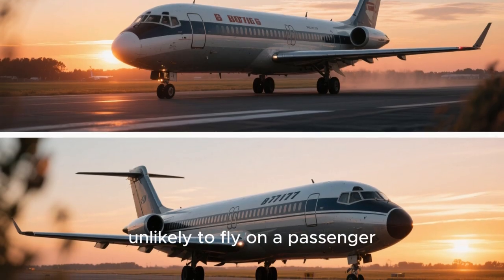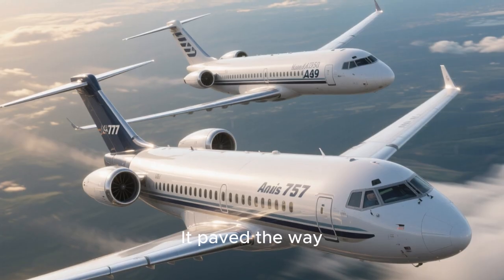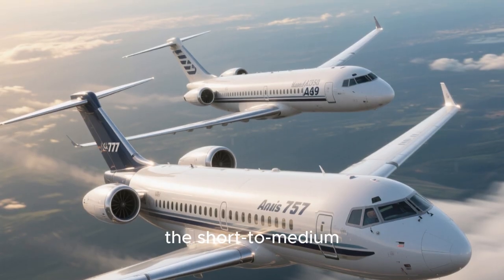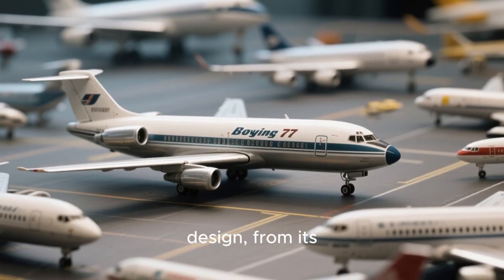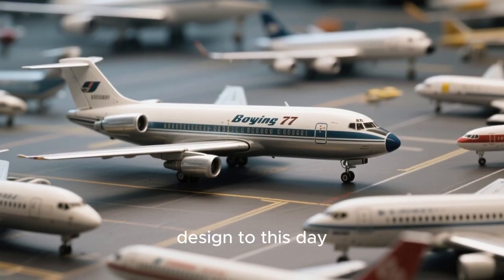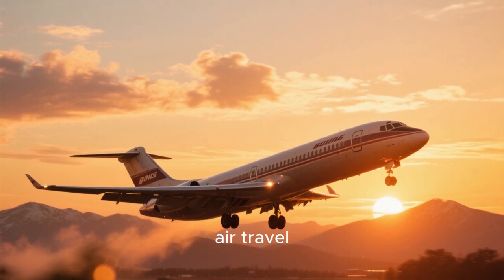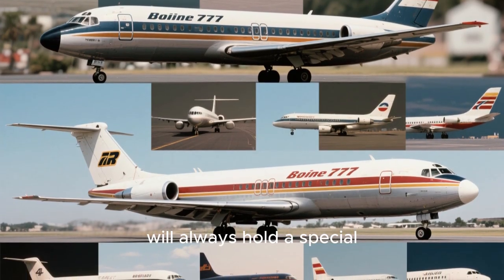While you're unlikely to fly on a passenger 727 today, its legacy is undeniable. It paved the way for modern twin-engine jets like the Boeing 757 and the Airbus A320, which now dominate the short to medium-haul market. The lessons learned from the 727's design, from its high-lift wings to its operational flexibility, continue to influence aircraft design to this day. It truly was a remarkable machine, a bridge between the pioneering days of the jet age and the modern era of air travel. An icon of the skies, the Boeing 727 will always hold a special place in